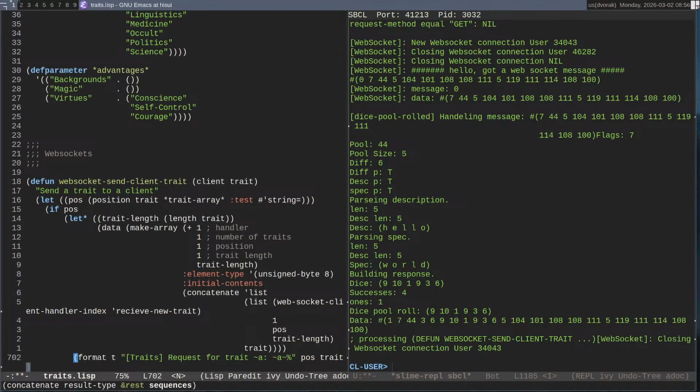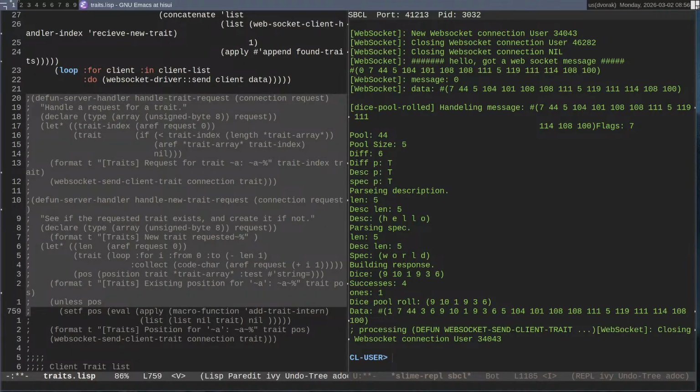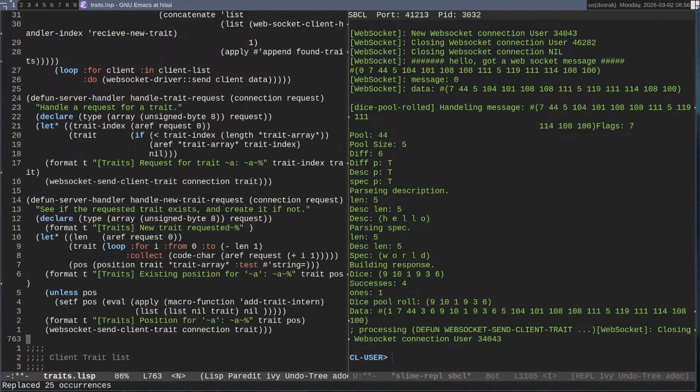They're just functions. They're not even server handlers. So let's try these two.